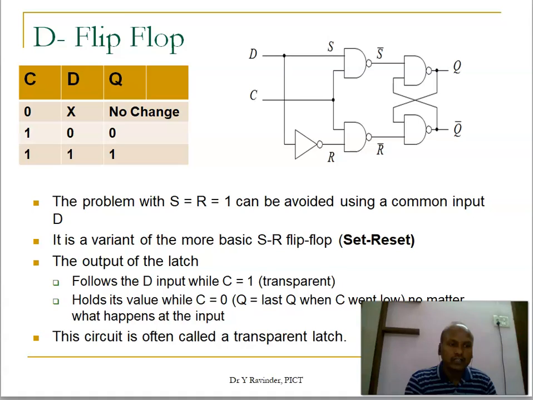So the next version of this. Now what is the disadvantage in the RS flip-flop? We have only 3 possibilities. When R is 1, S is 0. When S is 1, R is 0. And when both are 0. But when both are 1, the SR functionality becomes contradictory and it is not a useful case. That is why I will try to modify this circuit and make it useful even if both the inputs are 1s. That is done by the JK flip-flop.